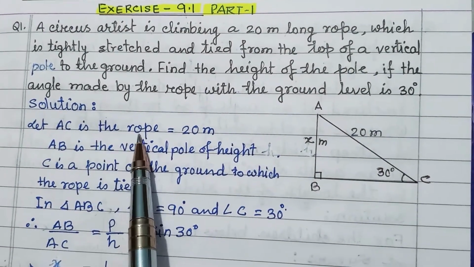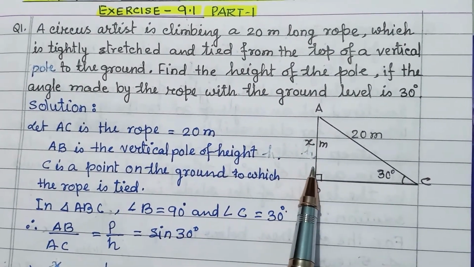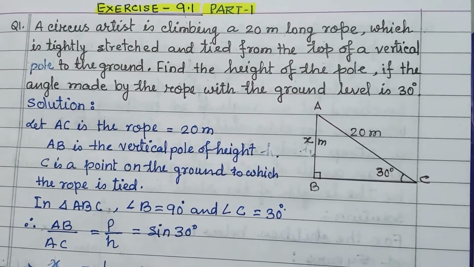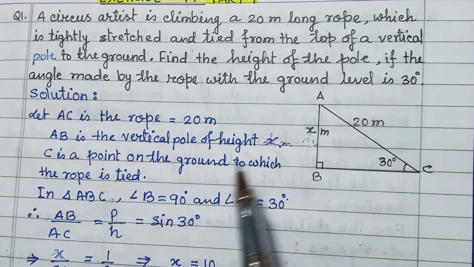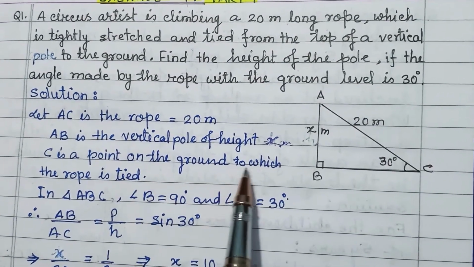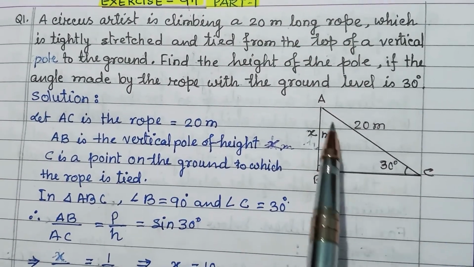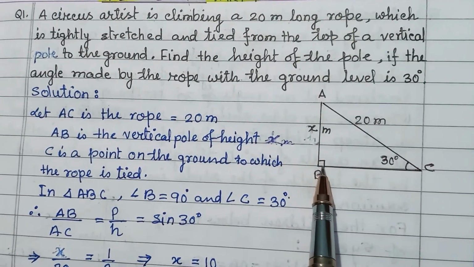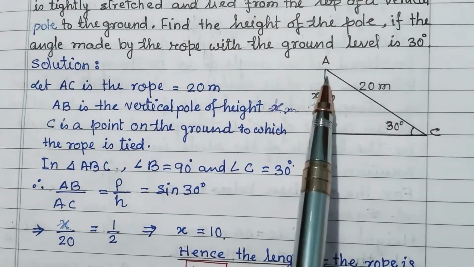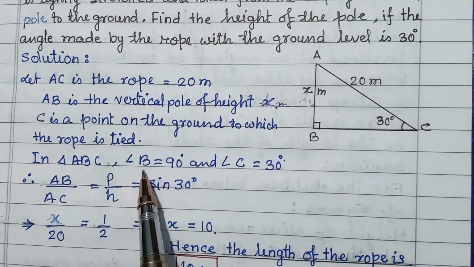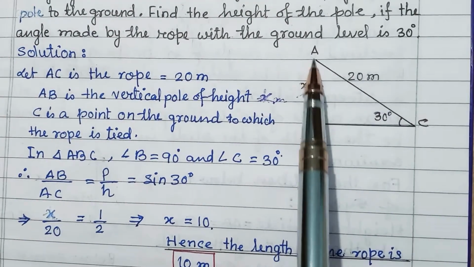Now AC is the rope, it is 20 meters, and AB is the vertical pole of height x meters. Now C is the point on the ground to which the pole is tied. Now we have got a right angle triangle where B is 90 degrees and theta is 30 degrees. So in this right angle triangle ABC, B is 90 degrees, C is 30 degrees. So AB upon AC,